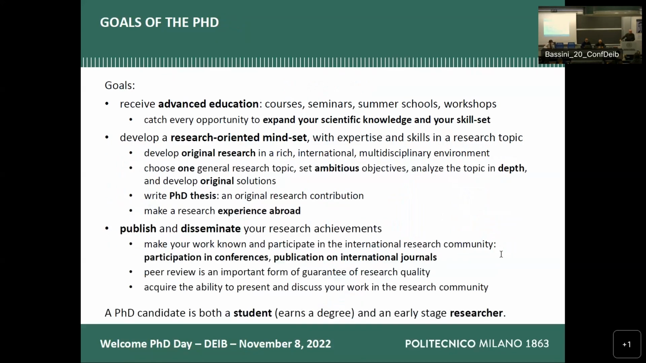What are the goals of the PhD? Well, of course, the first goal is to receive advanced education. So in this sense, you will follow courses, PhD courses, seminars, summer schools, workshops, and my suggestion is that you catch every opportunity you get to expand your scientific knowledge and your skill set while you have the opportunity in these 3 years. Afterwards, when you enter the job market, it's much more difficult to follow courses and to have the time to pursue